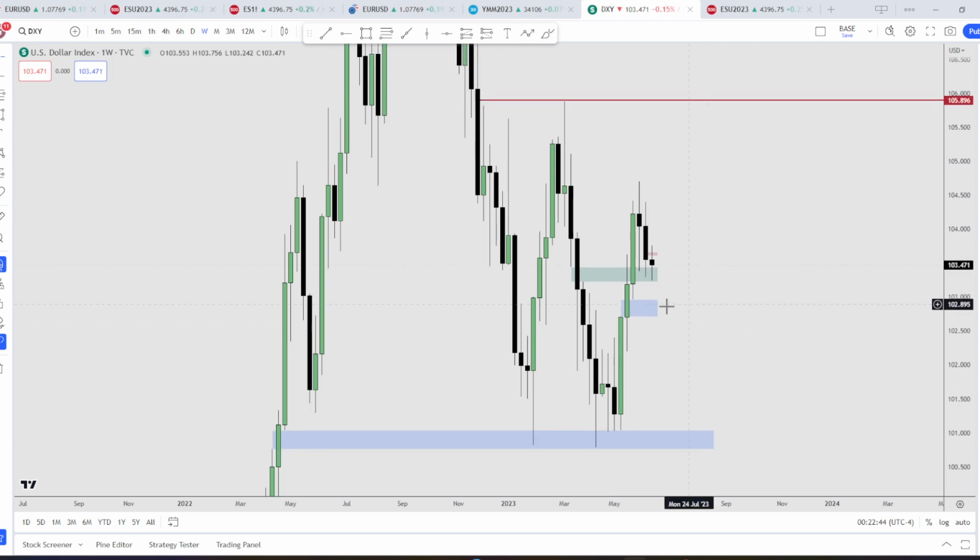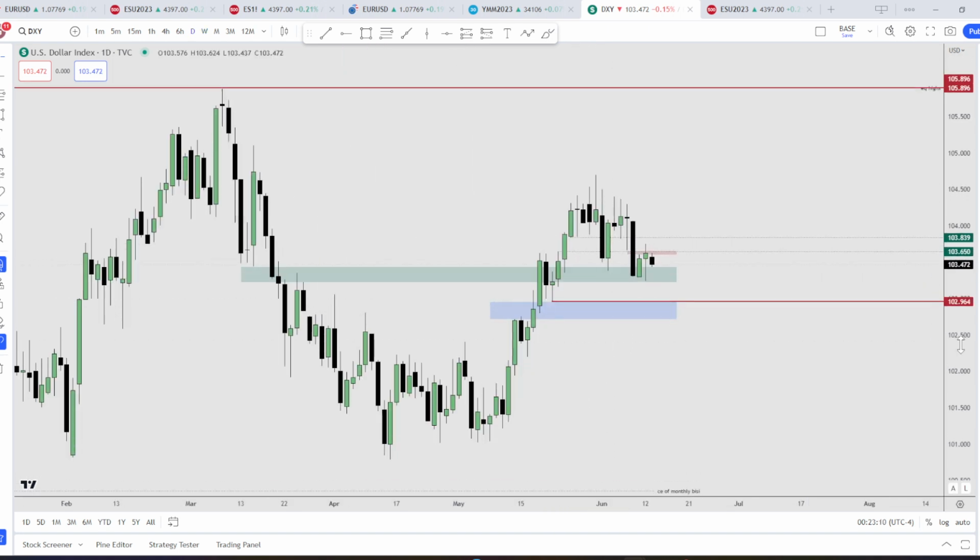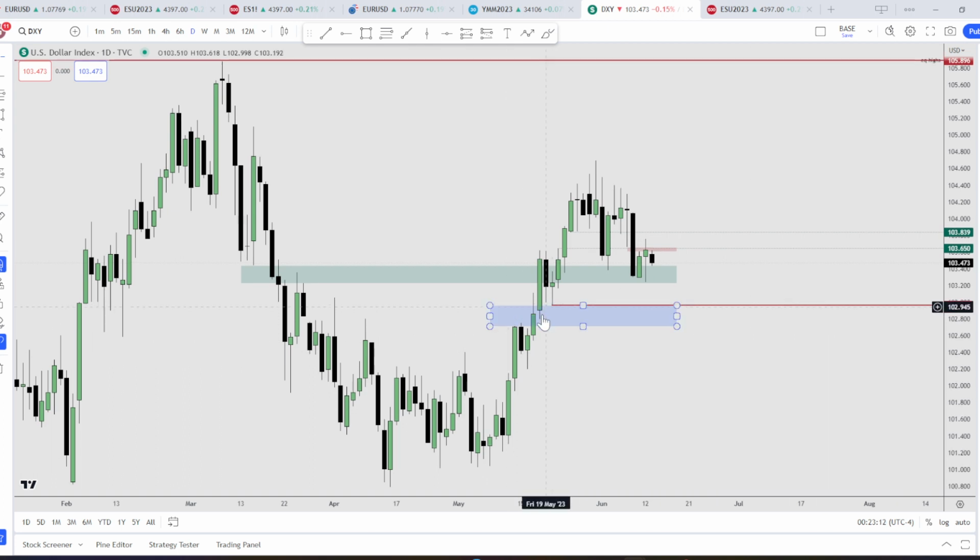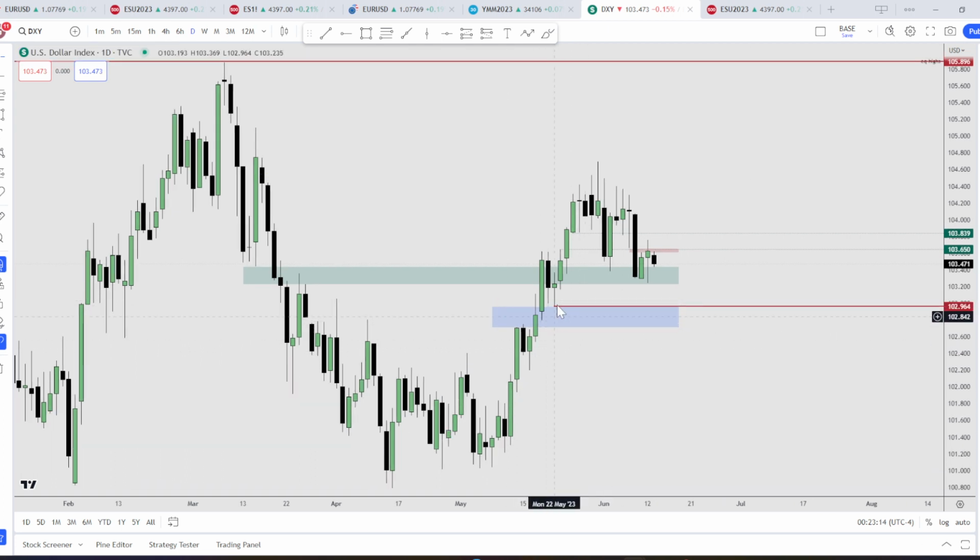Okay, so as I've mentioned before, if we were to see dollar attack the sell stops down here, then I think I would need the weekly close to be below this fair value gap right down here. Okay, the one in green. So let's see how this week presents itself, but I think this weekly fair value gap is the most likely